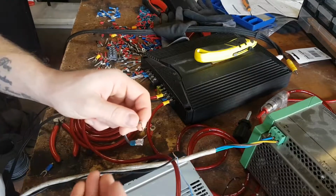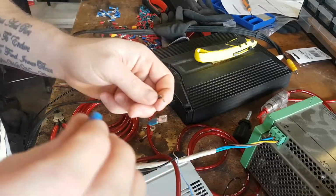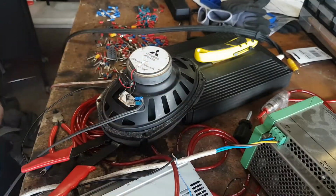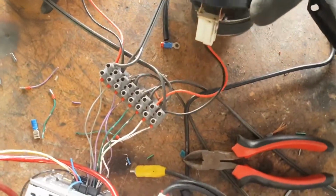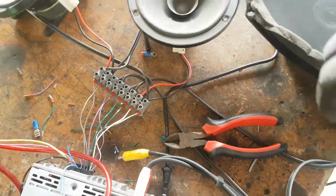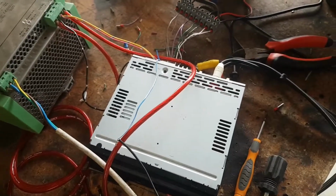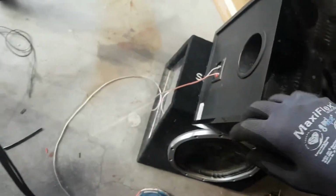So now I'm going to continue putting these terminals onto the wires to connect them to the speaker. Beauty. So I'm going to do that to the rest. I found these plugs that just happen to perfectly fit the orientation, because they're 90 degrees to each other, so it fits perfectly on there. I have the second sub wired up, and now it's time